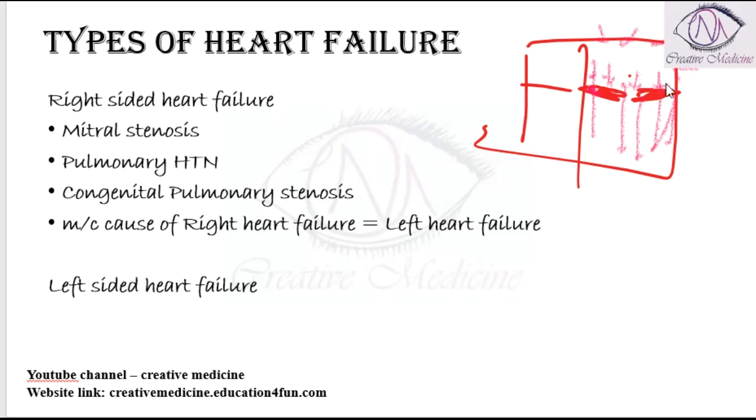a point will be reached where the left atrium can no longer contract hard enough, and during that time there will be some accumulation of residual blood. This will cause back pressure. How? I will tell you. Whenever the atrium is contracting with a higher pressure, the atrial muscle will undergo remodeling. So the left atrium will undergo hypertrophy due to the pressure overload of the stenosed mitral valve.